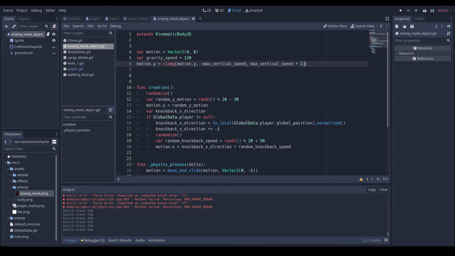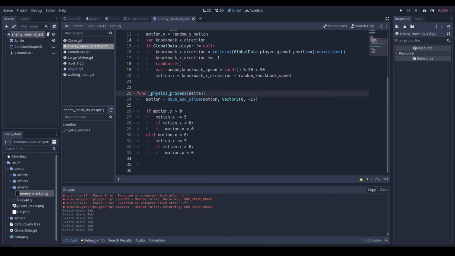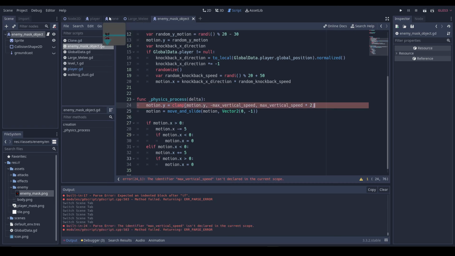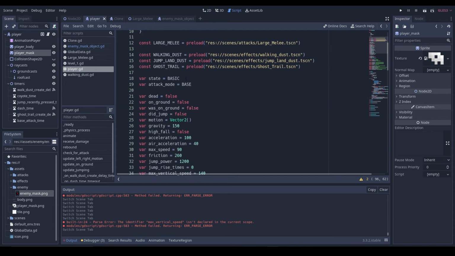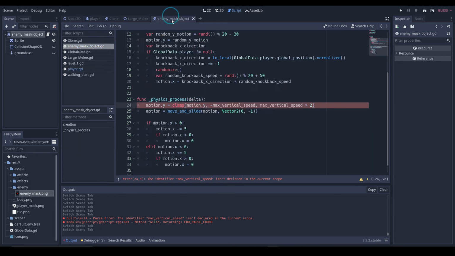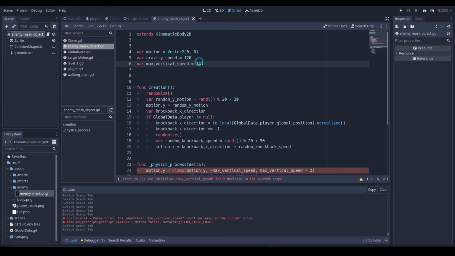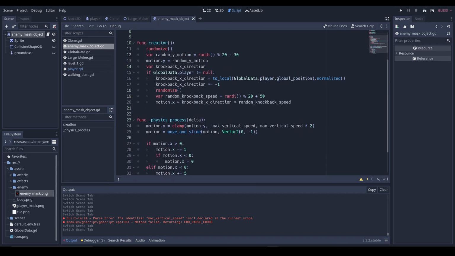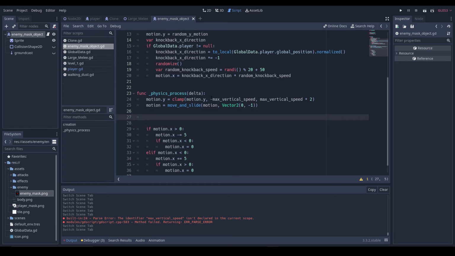So I'm gonna do this. Oh wait, let's put this here. And then we also need a max vertical speed now, which will be 130? No, 110. I'll just make it 100 because that sounds better. So now we'll do if gravity speed is smaller than